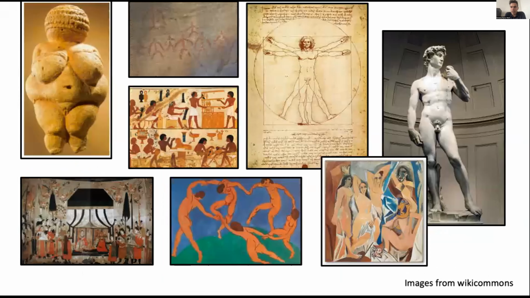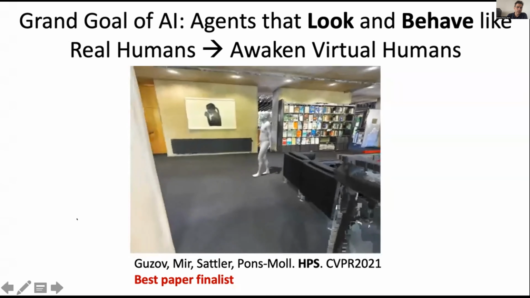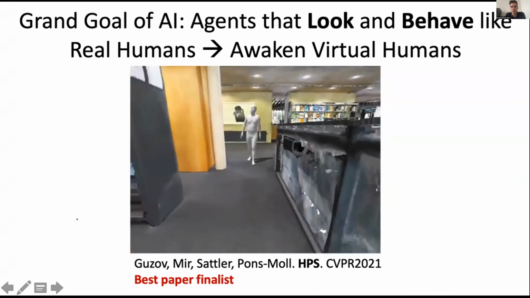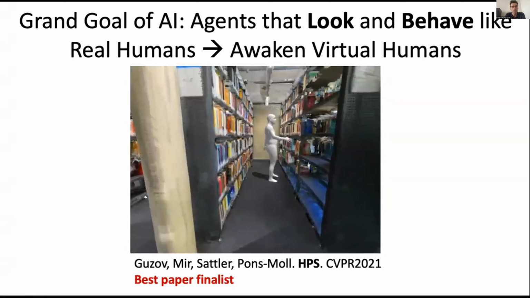Since the beginning of civilization, we spent our lives interacting with and perceiving other humans. And that's the society we live in, where humans play a central role. So the human body and human interaction has been depicted multiple times throughout art and history. Now with the modern tools of AI, it's perhaps not surprising that one of the grand goals of AI is to build agents that not only look, but also eventually behave like real humans. And this entails creating agents that can navigate the 3D scene and can basically interact with the 3D scene and act upon the 3D scene.